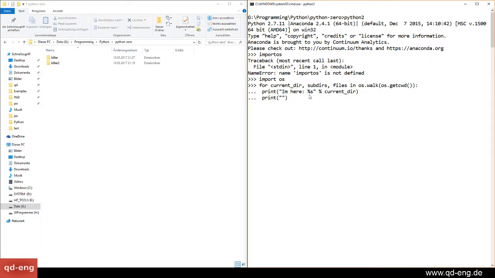So we want to show where we are, and we want to print what subdirectories we have. Let's just say, yeah, we have to put a string here, subdirs. Oh, this is hopefully also correct. Yeah, I think so. And at last, of course,